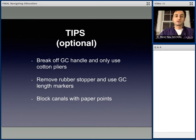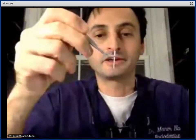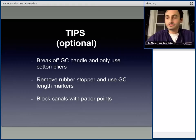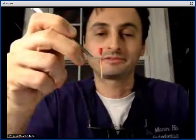And it brings me to the following, which are little tips that I've learned personally from using this technique. One is, as I showed you in the video, break off the handle and only use cotton pliers. I'll show you in this video over here, keep in mind, here's a paper point, okay? Do you grab your paper points with your finger, or do we grab our paper points with a cotton plier? Which one is easier? Do we put this paper point in there with our fingers, or like this? Which one gives us more tactile? If I use this obturator, is it easier with these big fat fingers of mine, or just with me doing this? Okay, so you be the judge. To me, it's pretty